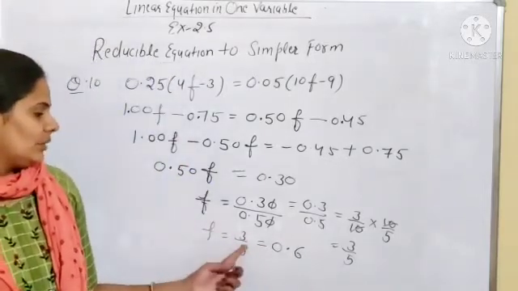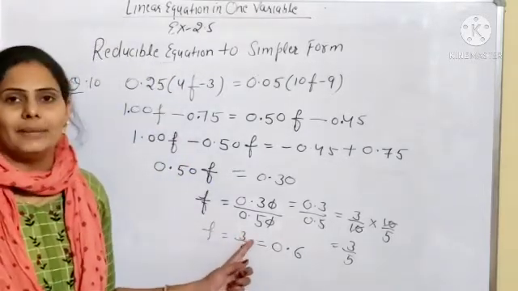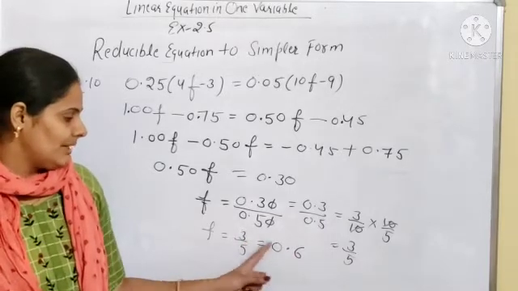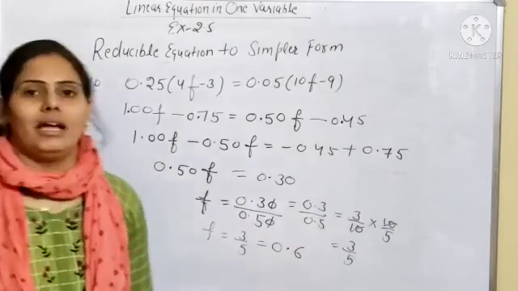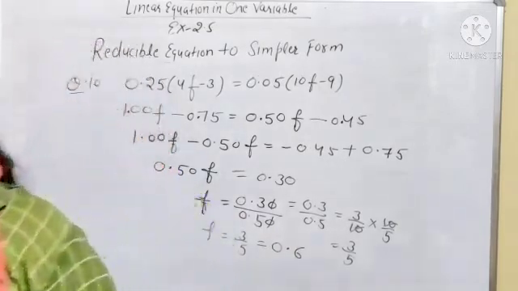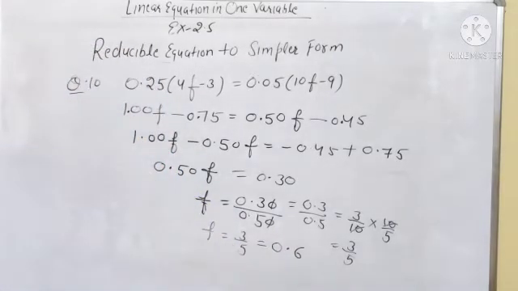So 3 by 5, it will not divide by 5, 3 is a smaller number, so you will take 10 and decimal. After that you can take here 0, so 5 6 yeah, 30. So what will be the value of f beta? So it will be 0.6. Value of f will be 0.6. Clear? Is it clear beta?